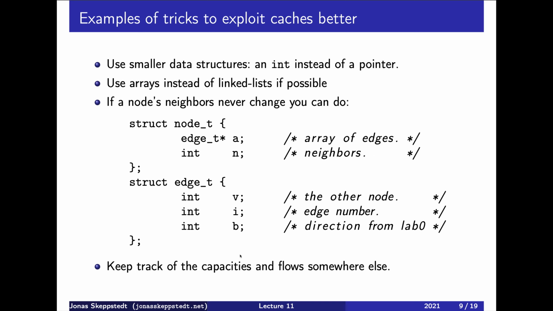Each node has an array. I mean, this is a pointer, obviously, but it can allocate an array with all the edges. And then the edges can contain only the other node, but not a pointer to the other node, just the index of the other node. So that cuts the memory requirement in half for that, and we avoid storing